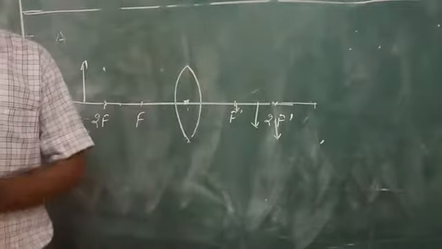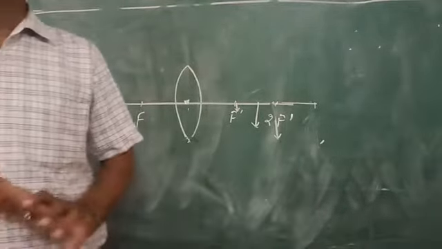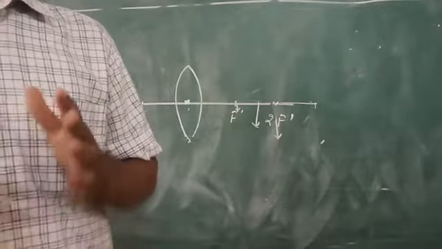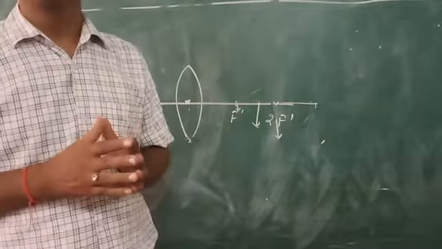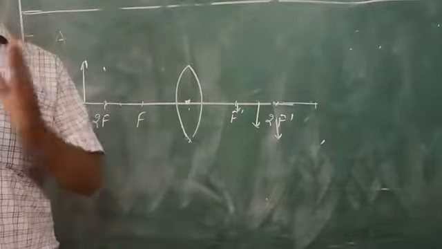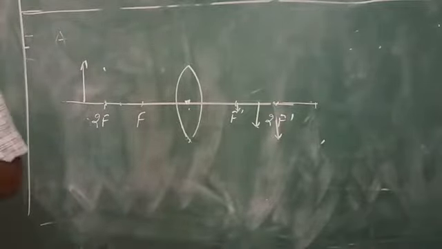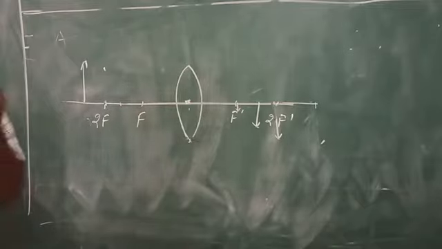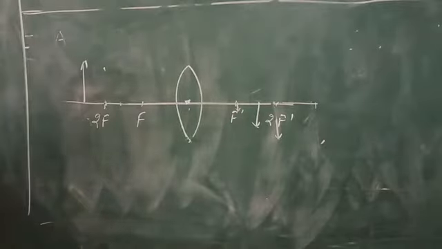So you know how you will find out the rough focal length of a convex lens. Okay, and then after that we will go to the optical bench and we will find out the formation of the image with different positions of the object. How? So let's go.